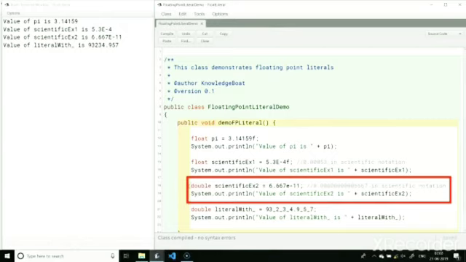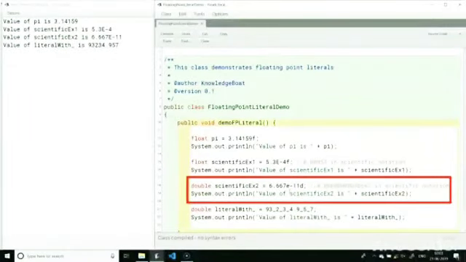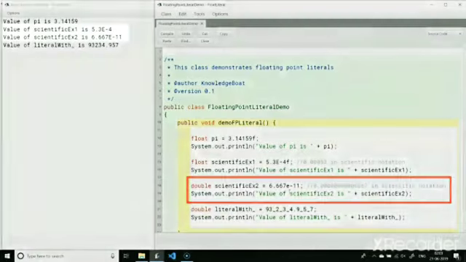We can be explicit by appending d to this floating point literal to tell the compiler that this is a double value. This will compile without any issues. But of course this is redundant, as by default floating point literals are of type double. So I will remove this d. Both scientific example 1 and scientific example 2 get printed properly in the output.